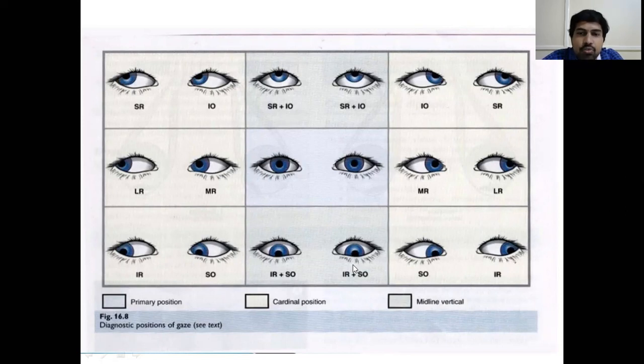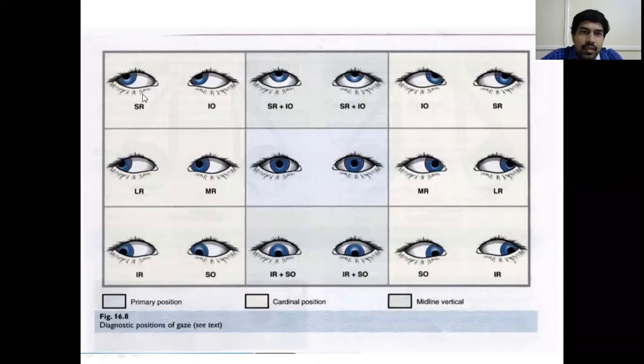Similarly, in depression also, two muscles cause this action: the inferior rectus and the superior oblique of the eye. Suppose this eye is not moving down, not getting depressed. We find it difficult to pinpoint the diagnosis, because inferior rectus and superior oblique both cause the depressing movement of the eyeball. So we are in confusion as to which muscle is paralyzed. That's why these two gazes are not included in the cardinal positions of gaze.